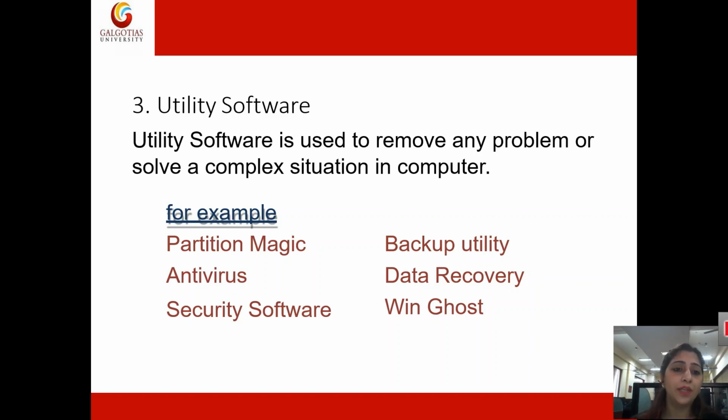So that was the application software. Now moving on to the utility softwares. Utility software is basically used to do a specific task for the computer, to remove a complex situation, to remove a problem that comes into the computer. Suppose we have a situation where we have unnecessary bugs in the system, when we have unnecessary intruders in the system that are going to take some data,